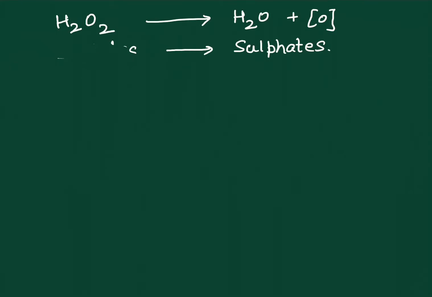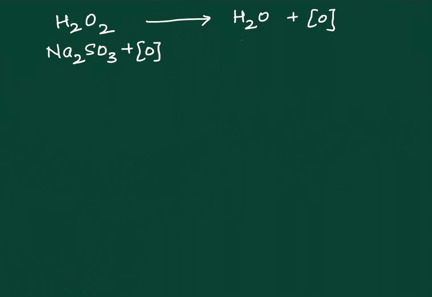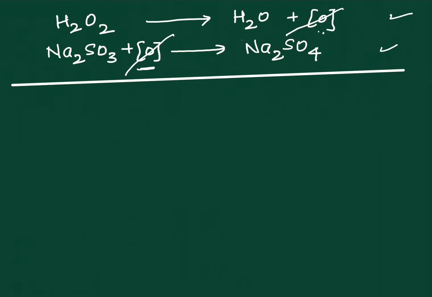Okay, let's make space for our equation. So we've got Na2SO3. Correct? That's one of the sulfites we can take. Na2SO3 plus nascent oxygen. Oh, you've already completed? That's very good. Na2SO4. Next step is to balance the 2 equations. Balanced? Yes. Balanced? Yes. Fourth step, check. 1 nascent oxygen required here, 1 nascent oxygen is being formed. Correct. No profit, no loss. Go on. Add the 2 equations. What do you get?